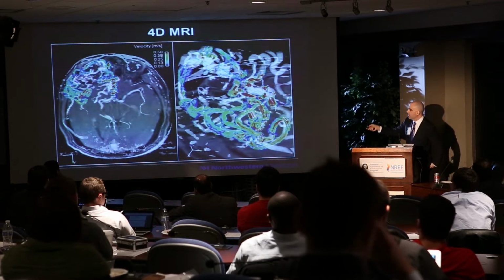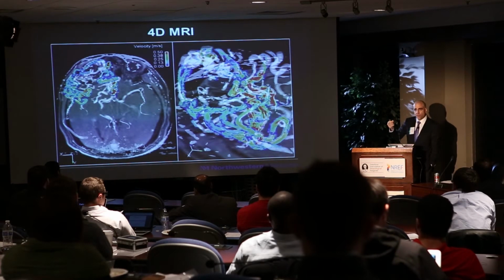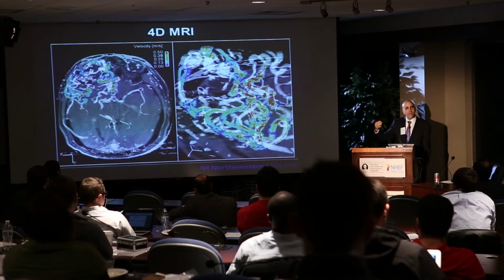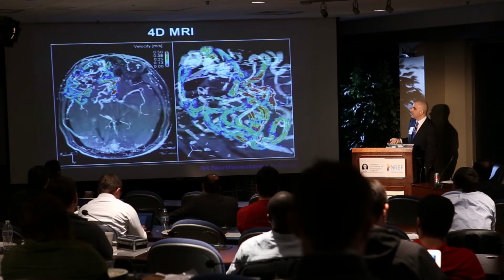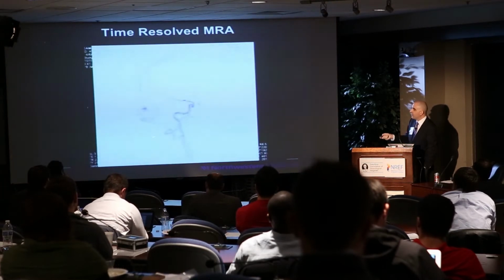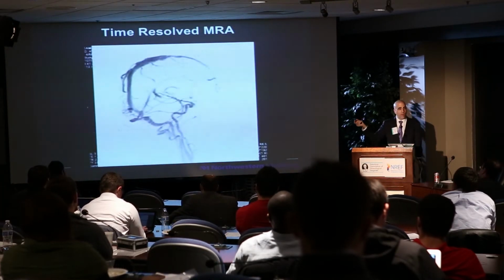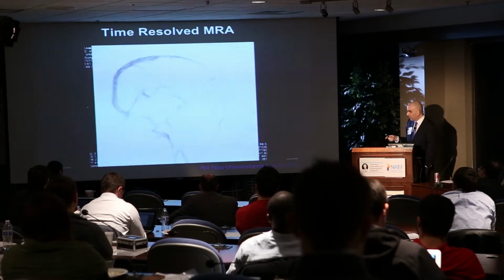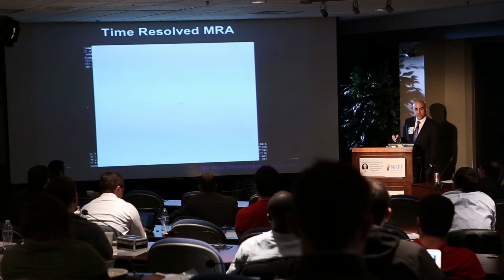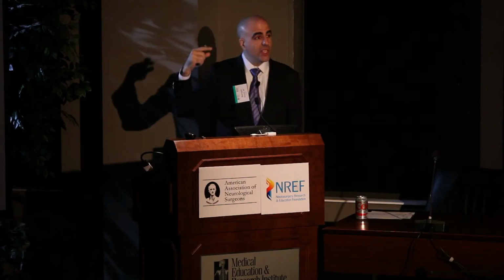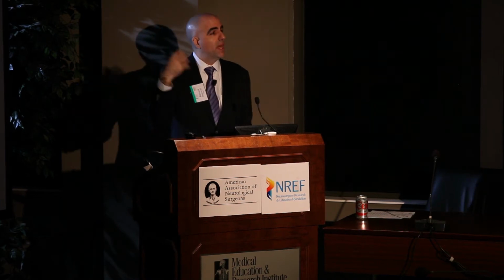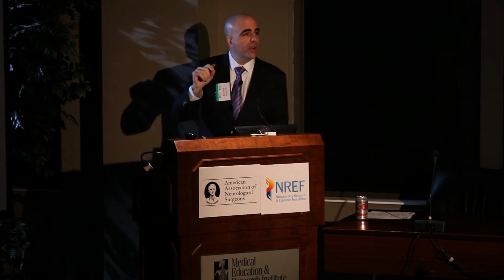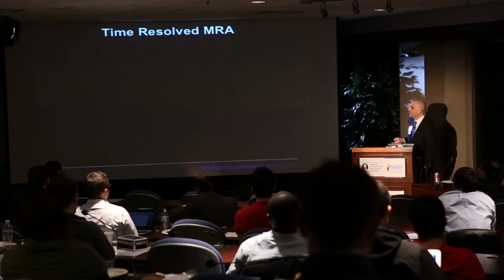And here you can get a nice map, and every color represents a certain flow parameter. This is still in the research realm, but again, trying to make sense of this 3D tangle makes us maybe a little bit smarter about how to treat an AVM. And now with time-resolved MRI, this is not an angiogram, this is time-resolved, 12 frames per second, faster than Howard can do on his angio machine. It's getting close to what an angiogram can do. And maybe this is a nice way to follow an AVM. So maybe Howard sees them in 2010 without a venous stenosis. Maybe in 15 they have a venous stenosis. Maybe now there's a biomarker for selecting a patient for treatment.